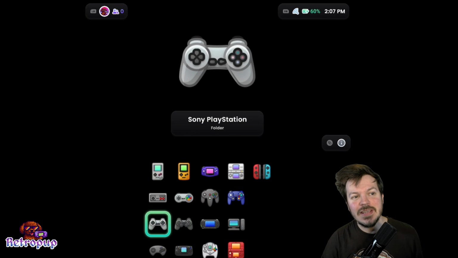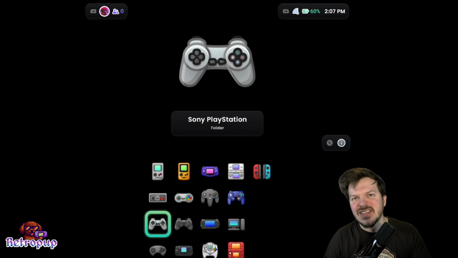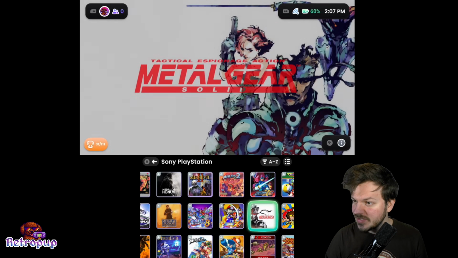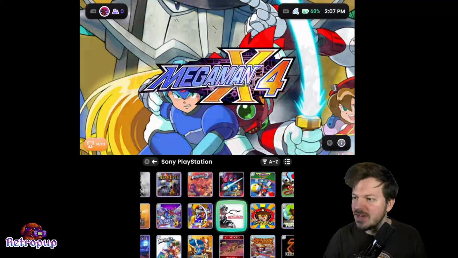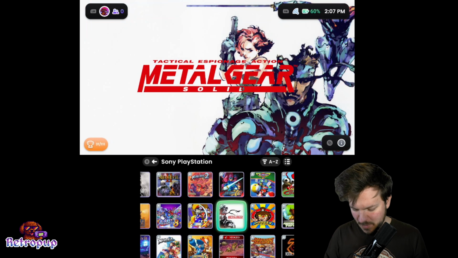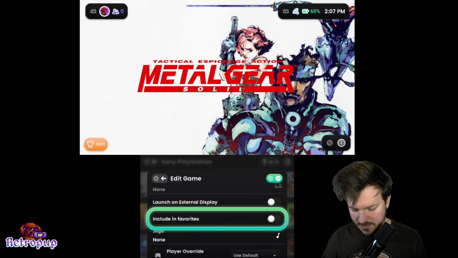Now, unfortunately, this isn't an automatic process like it is when you're scraping your artwork. It is still very manual. Hopefully, in a future update, there'll be some sort of way to automatically extract a jingle, but for now, it's all totally manual. So if we go to PlayStation, you can see I've got Metal Gear Solid highlighted. Now if I pause for a second, nothing's playing. If I press my Y button and come down to edit, and then go down to the jingle section,